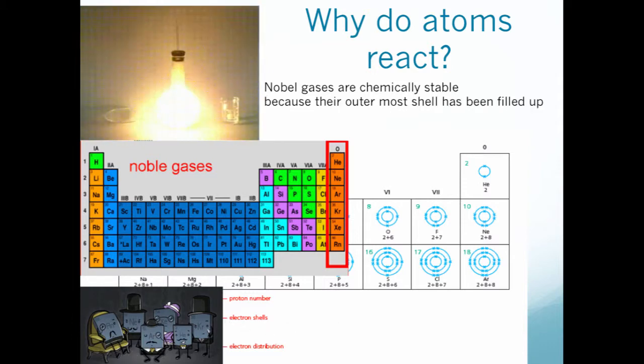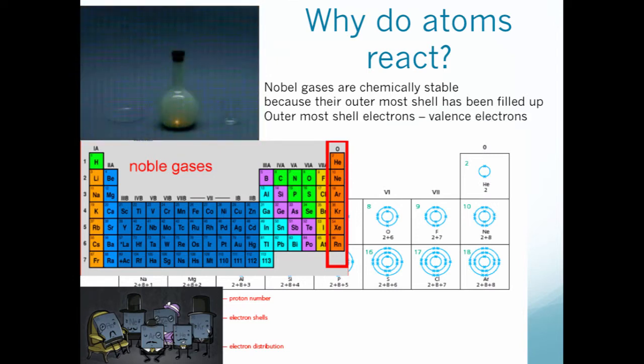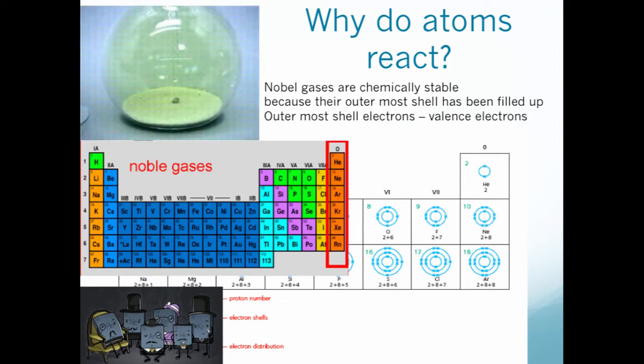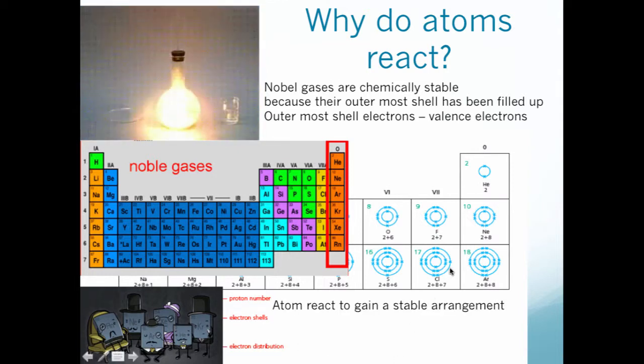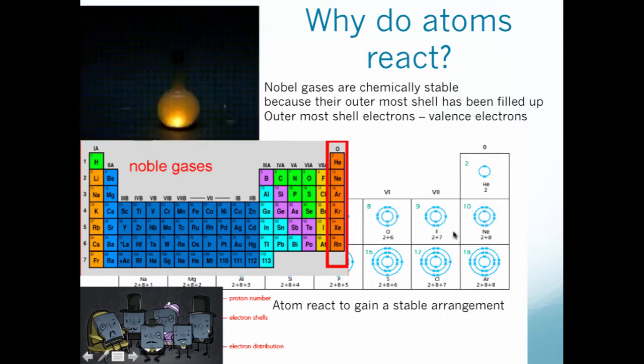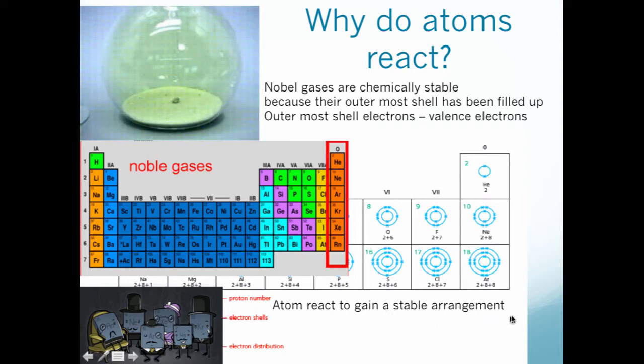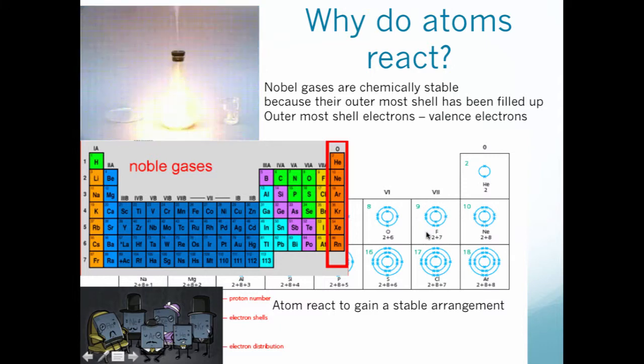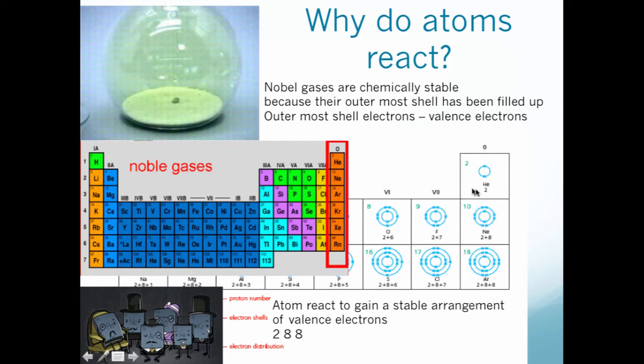Because their outermost shell has been filled up. Remember, outermost shell electrons are our valence electrons. What about the other electrons? They want to react with the others to form a stable arrangement, to fill up their outermost shell to the maximum number. Remember, the first shell holds 2, and the second holds 8, and the third holds 8